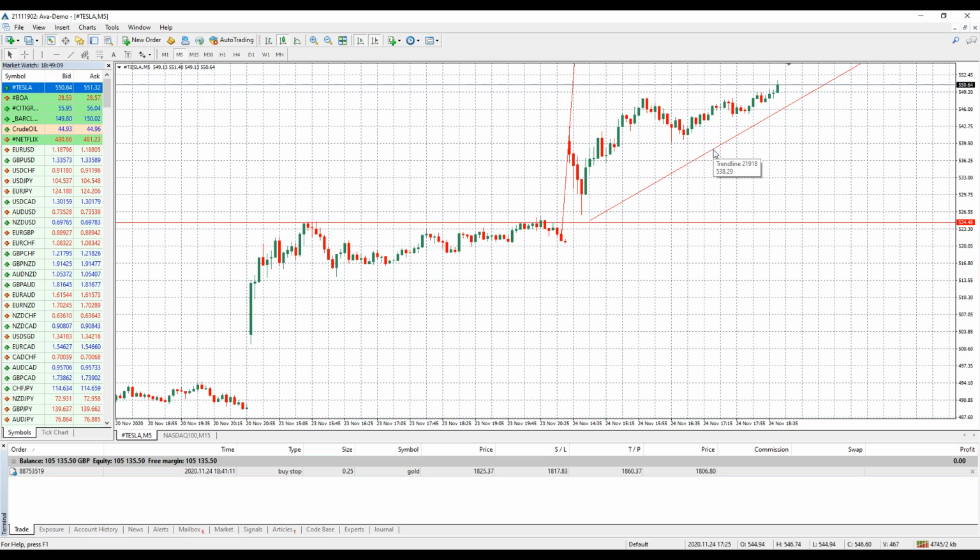VIX index was down, positive headlines for Tesla. It confirmed upward momentum with the upward gap. Once it pulled back near the bottom of that gap, that's a perfect opportunity to buy with the direction of the fundamental news and put your stop loss below the gap. Very simple strategy, taking the fundamental news overall and for Tesla specifically, and there it went. Very easy. And over the last 50 minutes, it went up more.